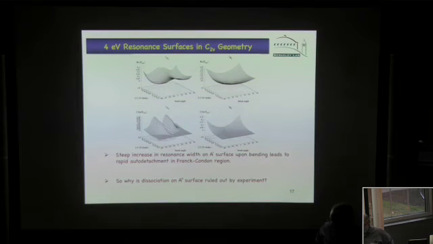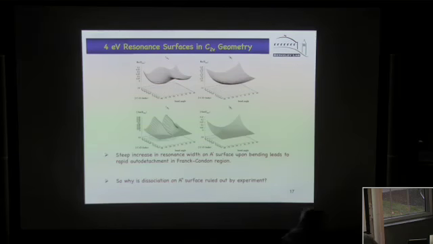Should one then view that as being derived from the virtual state? You say you would turn this into a bound state at equilibrium geometry? Actually, the bent CO2 minus will be below any point on the neutral surface if you put a few argons on this. And so now you have a truly bound anion. Should I think about this as being derived from the valence pi star? No, you should not. You should still think about it as being derived from the virtual state? Yes, you should.